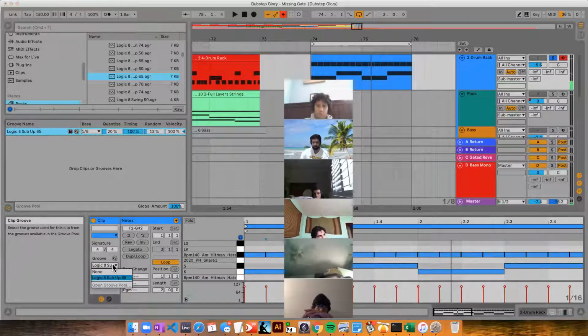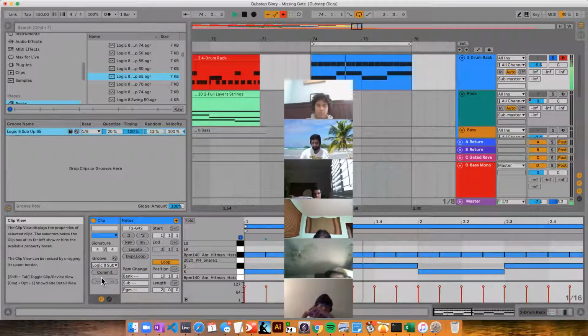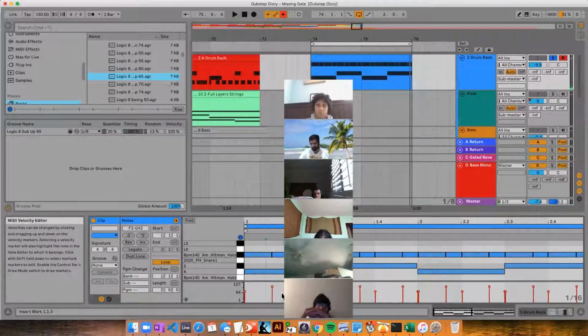Oh, wait, the groove is still on. It has a lot more motion. It's very subtle, right? But there are a lot of things going on. The velocities are changing. The timings are changing. So you can change the velocity, you can change the timing. And just to tie the bow on this,